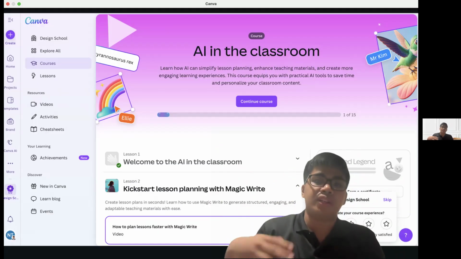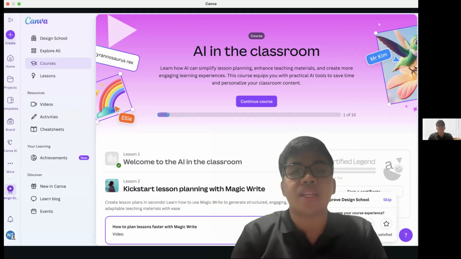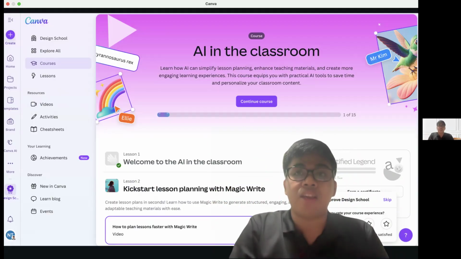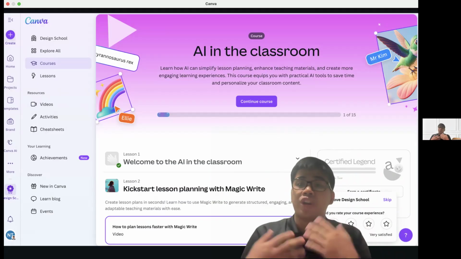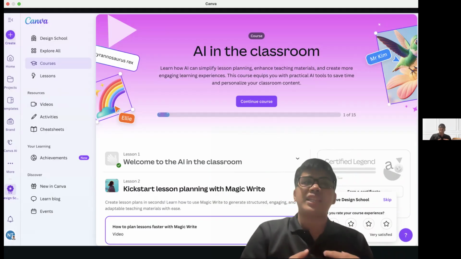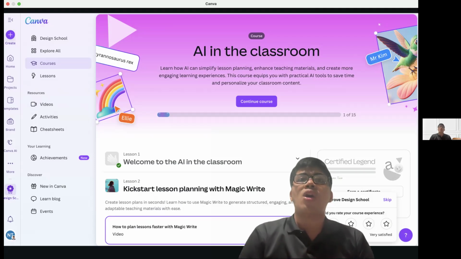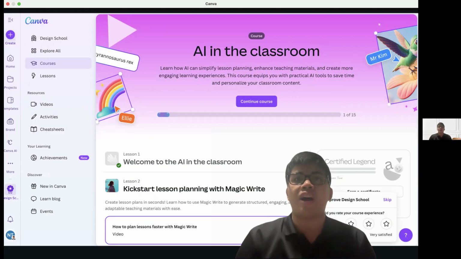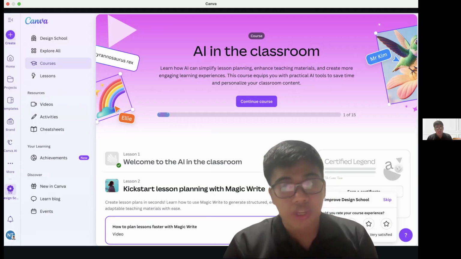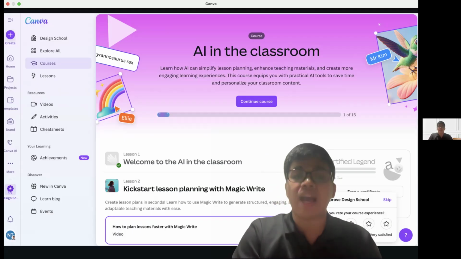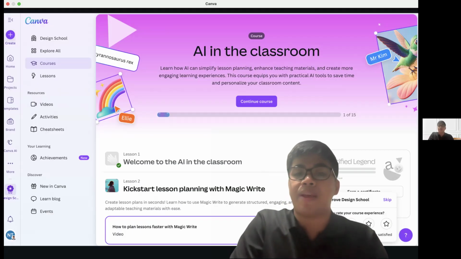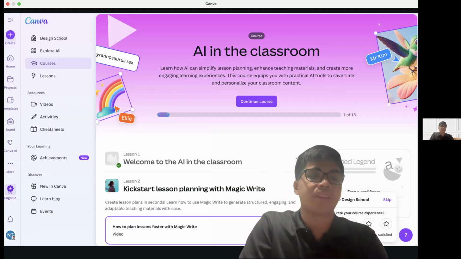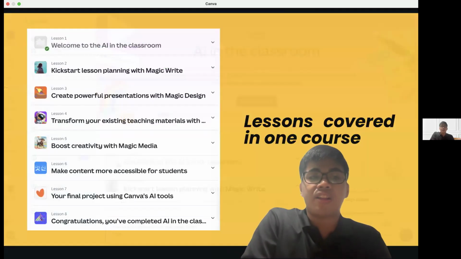You can actually learn different things on how to utilize Canva in daily life. Meaning to say, ICT in these courses, actually there are many courses, but these courses help us: how can we enhance, how can we use Canva in the educational setting? Meaning to say, ICT integration was already imposed and implemented here in Canva. Okay. So next, there you go.